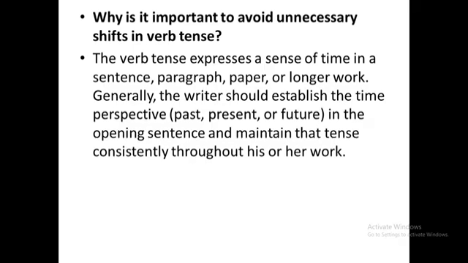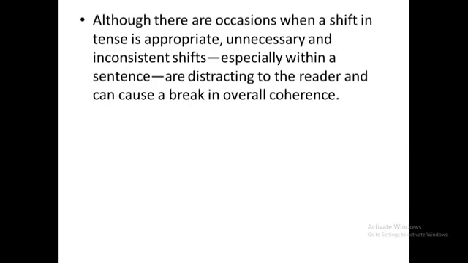Work is being done, or it is going to be done, or it is in the present tense in the opening sentence, and the writer should maintain that tense consistently throughout his or her work. Although there are occasions when a shift in tense is appropriate,